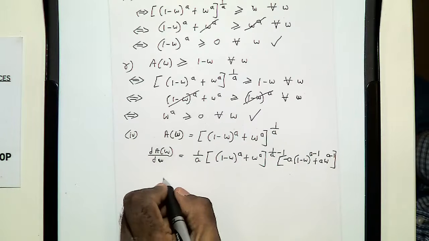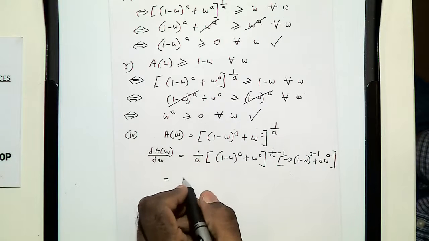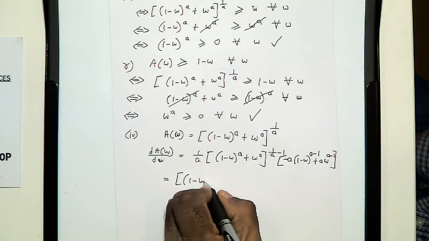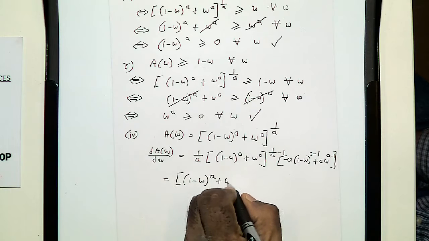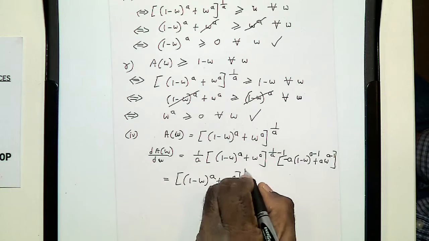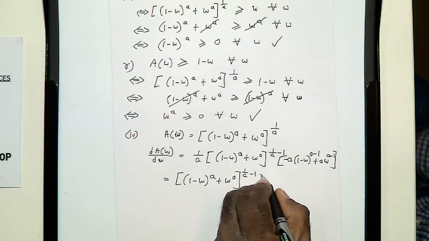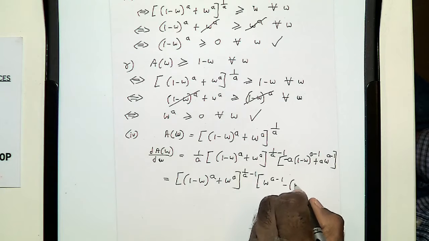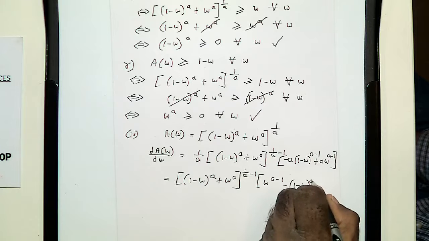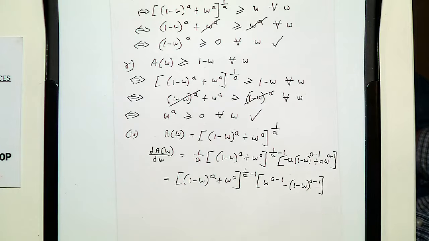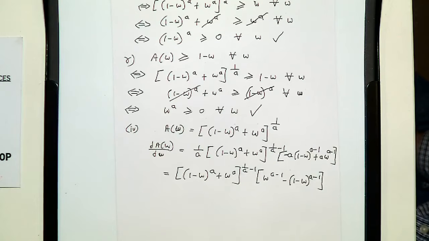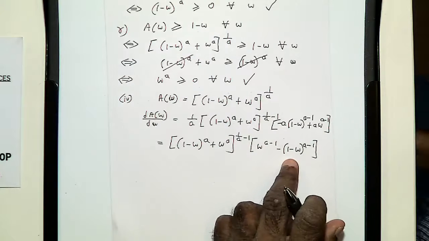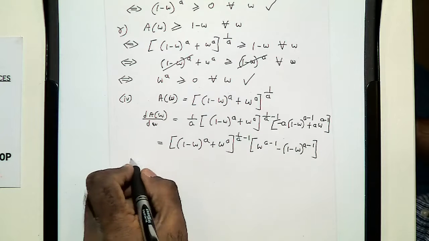And this simplifies to the A and the A cancel, so this becomes, okay. Alright guys, so this is the first order derivative. Hopefully it's correct. The second order derivative